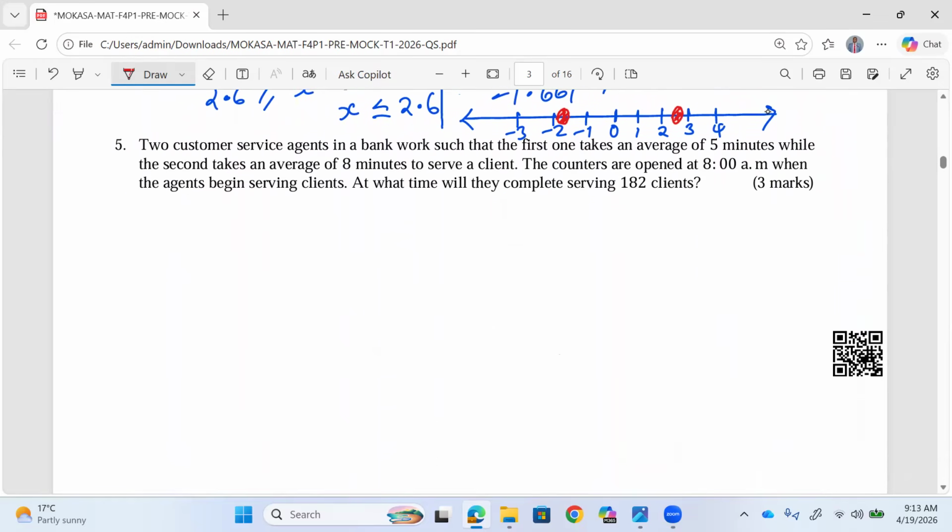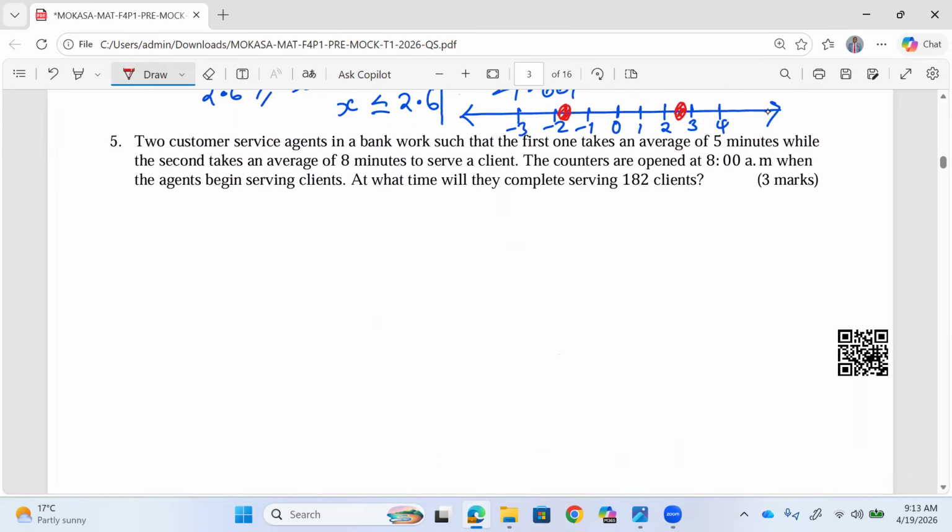Then we check number 5 together. 2 customer service agents in a bank work such that the first one takes an average of 5 minutes while the second takes an average of 8 minutes to serve a client. Now the counters are opened at 8 a.m. when the agents begin serving clients. At what time will they complete serving